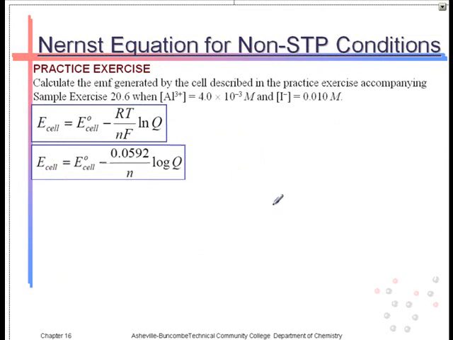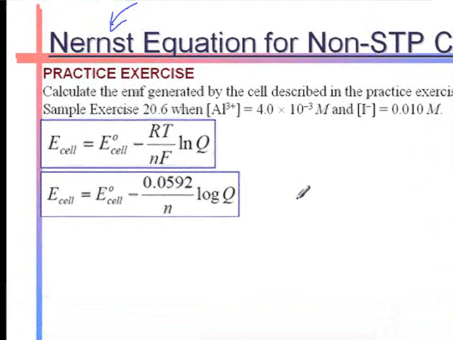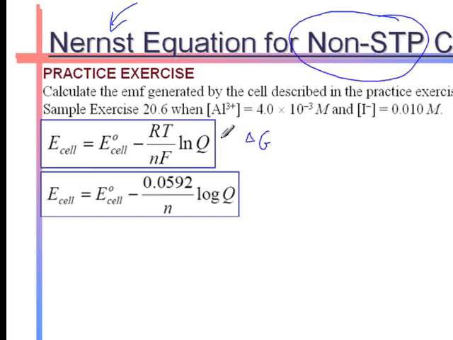Now the next calculation, the Nernst equation, a very popular little equation. When I look at this equation, I think of a non-STP condition, specifically in the sense of the initial concentration not being 1 molar, and you can see this is 4 times 10 to the minus 3. This is 1/100th of a mole. And so it reminds me of an equation back in